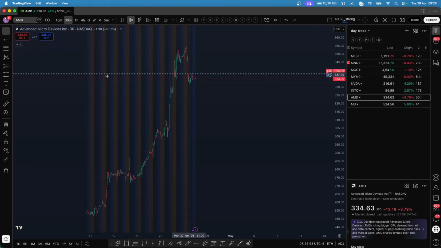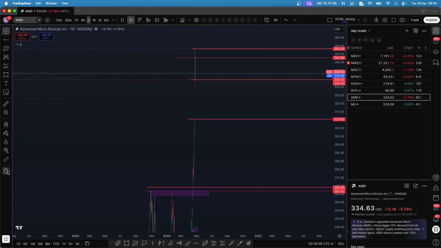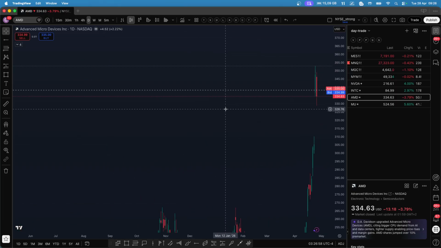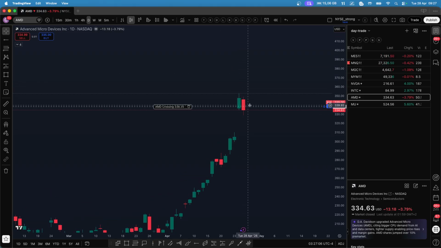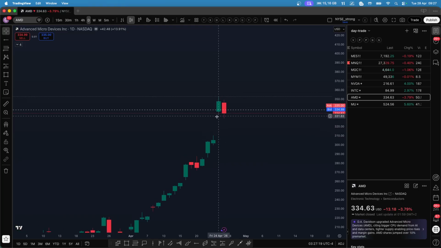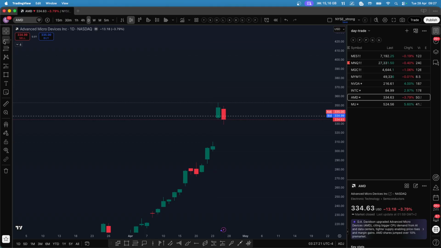Let's look at the AMD. So AMD on a daily chart, we are in a parabolic move. Yesterday is a kind of first red day after a huge move since 278. We went all the way to 353, and yesterday took out the previous day low. So this was the previous day low, and this looks like a bearish engulfing candle at the moment.